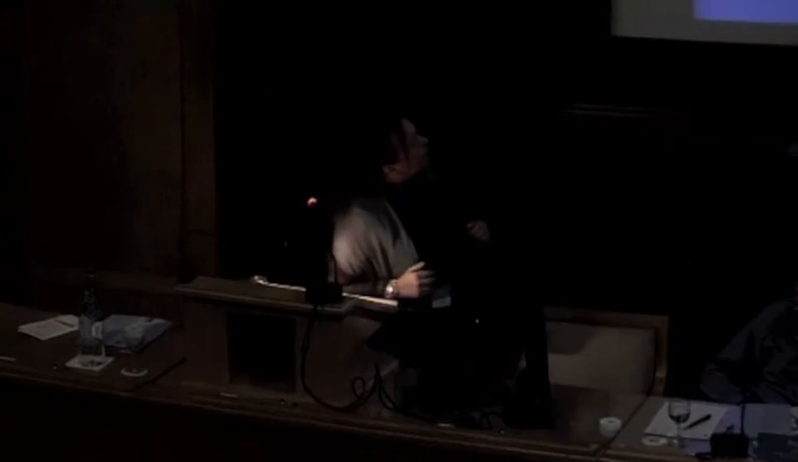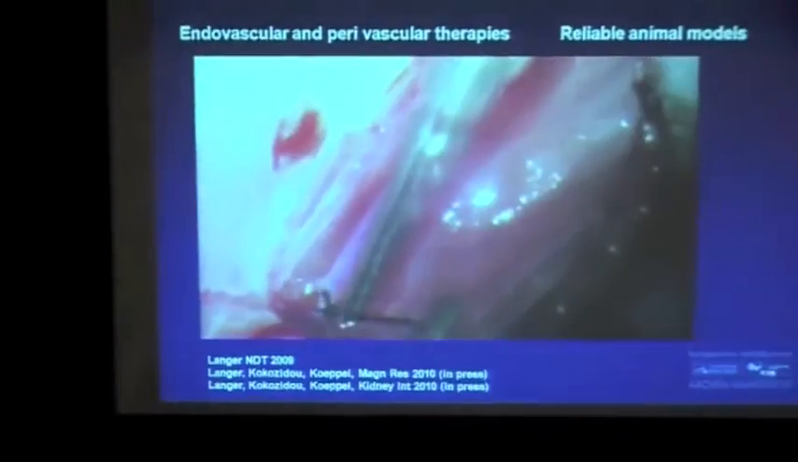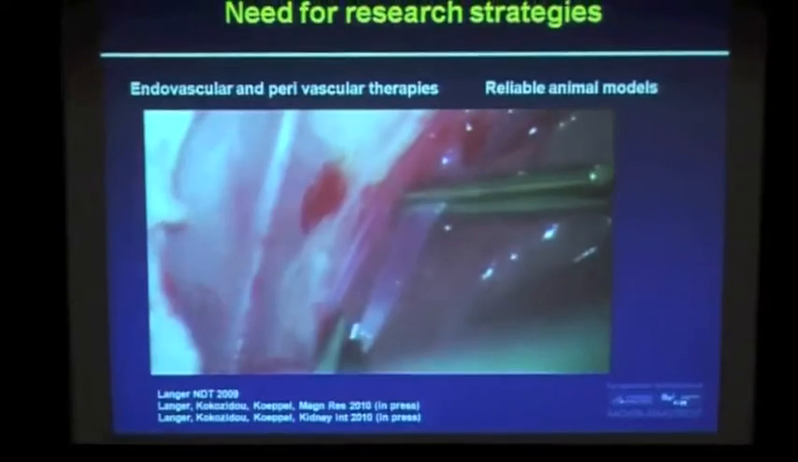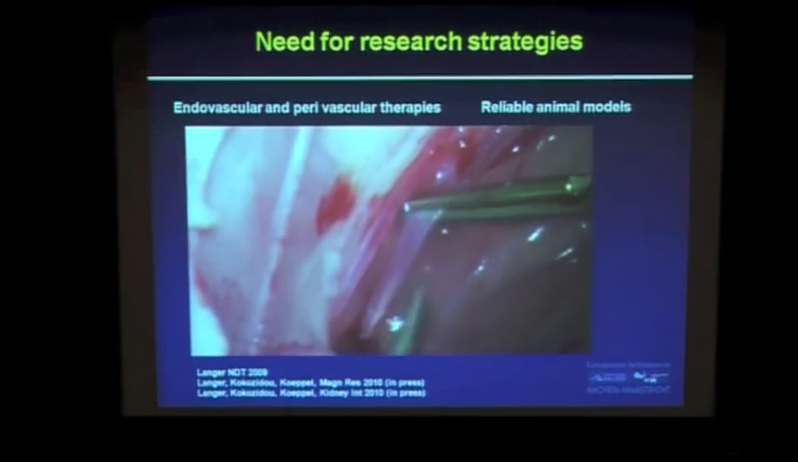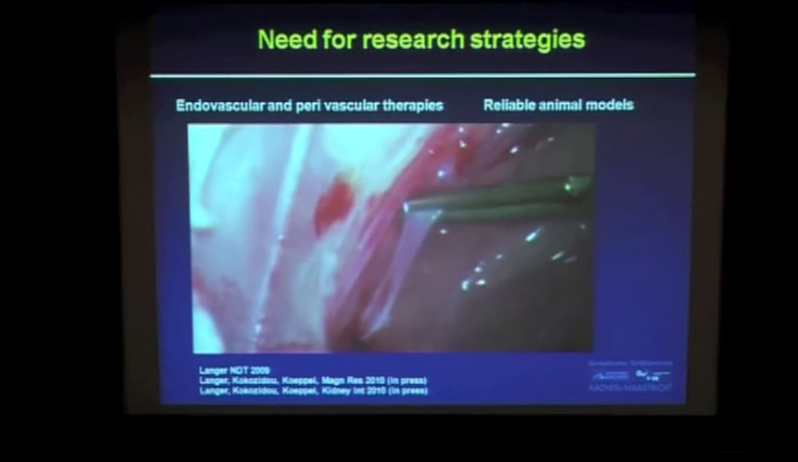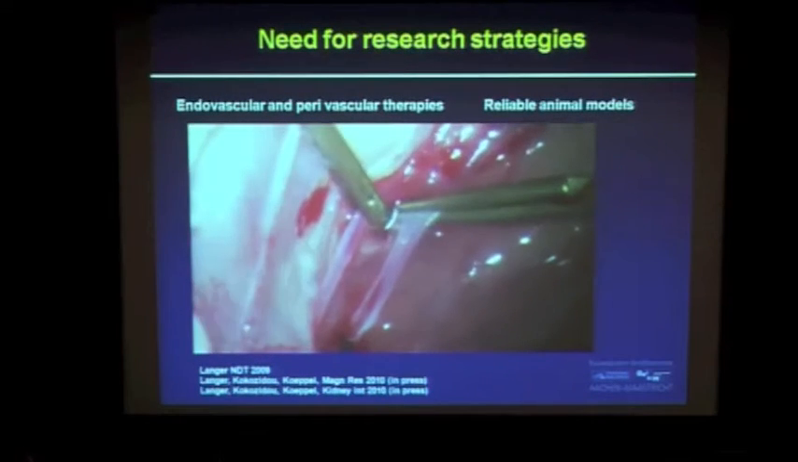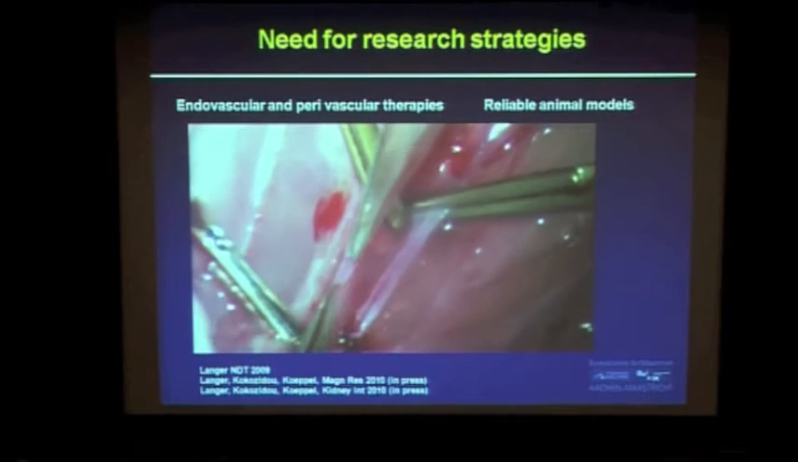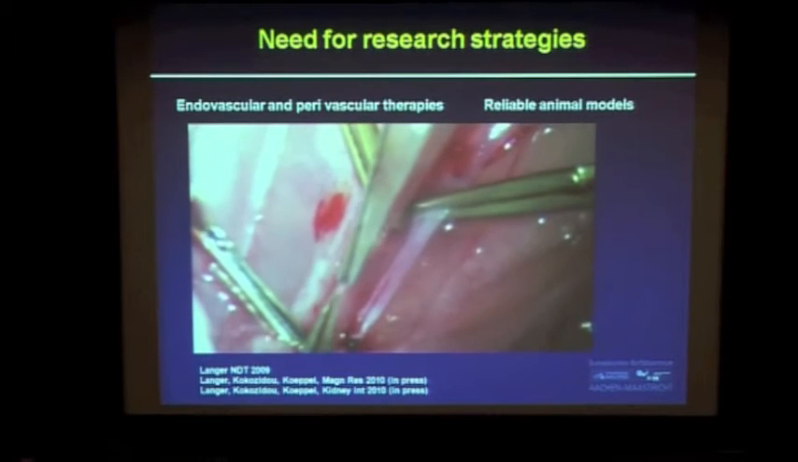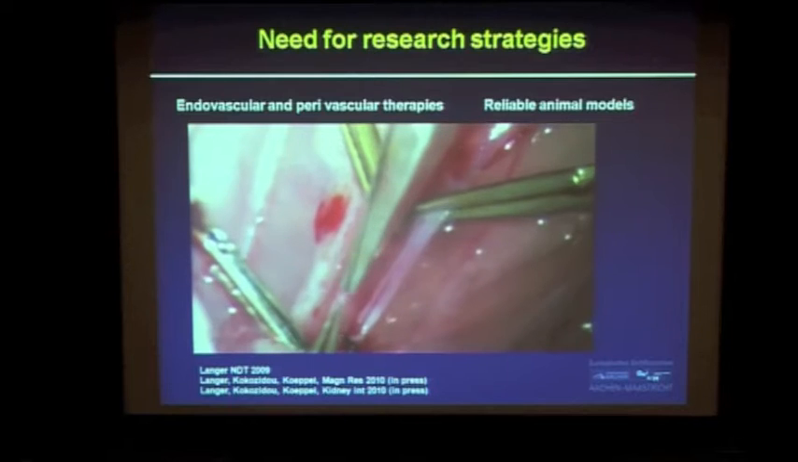I would like to show you this little thing, which is an operation on a rat under a magnification of 400. And I'm showing it because it's bloodless, so I hope it doesn't shock anybody. This is an almost 100% reliable model of a rat that is sick, has a kidney disease, has a kidney